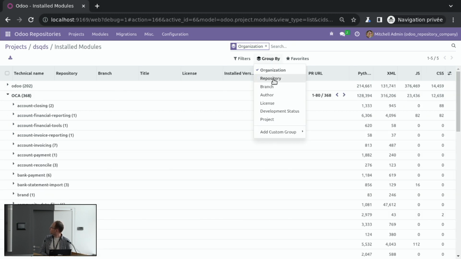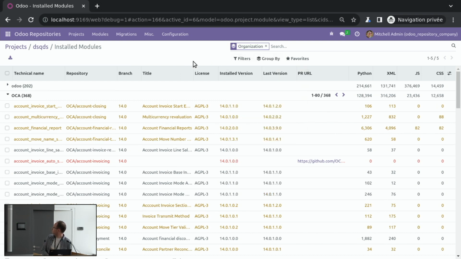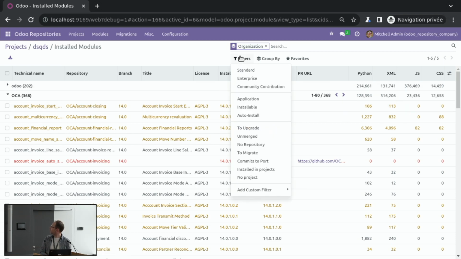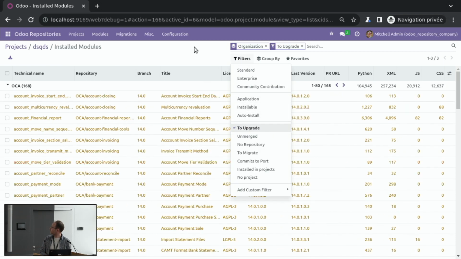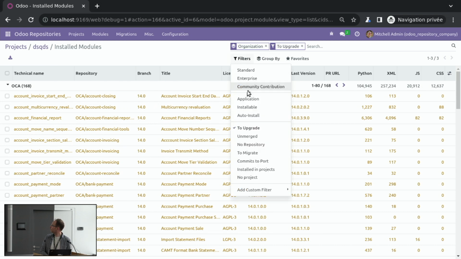So I will remove the repository filter. Okay. Oh, you can just see it there. So the yellow lines show what is the installed version and what is available on OCA. So we can check what needs to be upgraded for this customer project. We have 168 modules we could upgrade for it. As well